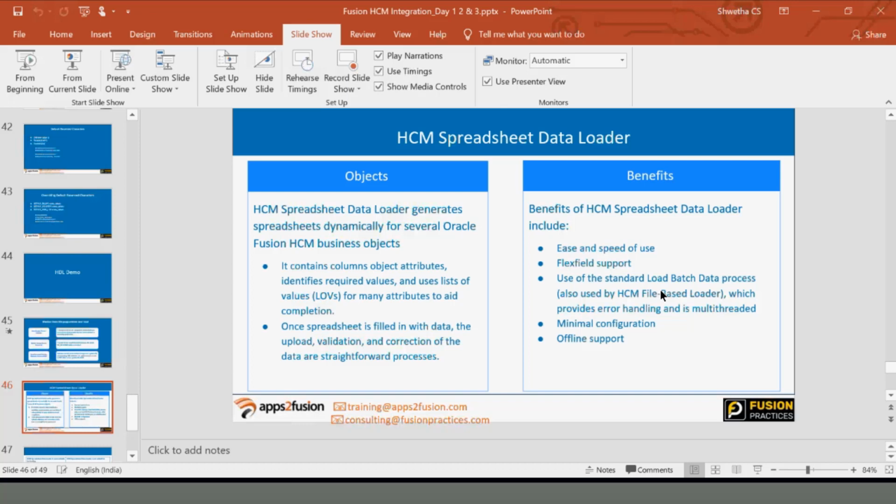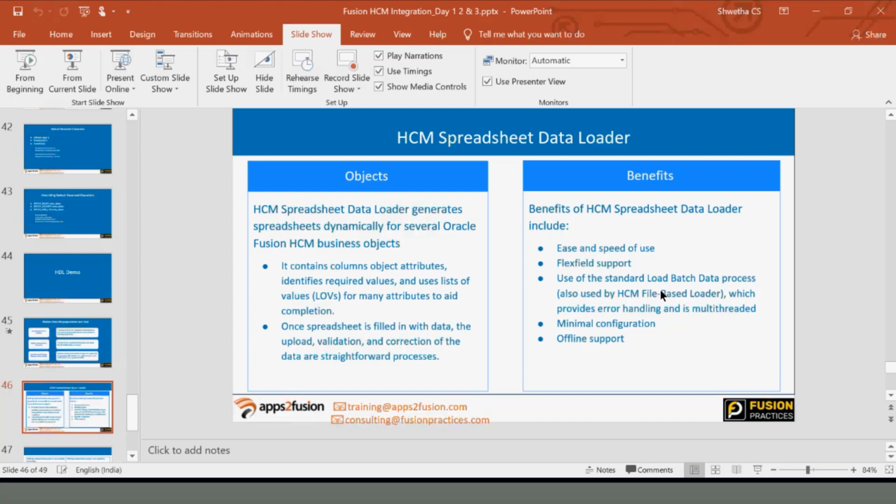It tells you what the mandatory fields are, and if you are not passing any mandatory field, it will clearly highlight it and tell you that these things are mandatory and you have to pass them. It also tells about the lookup, and it provides a facility to correct the information.